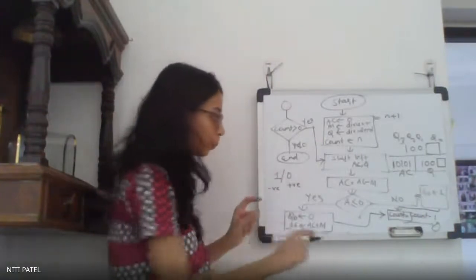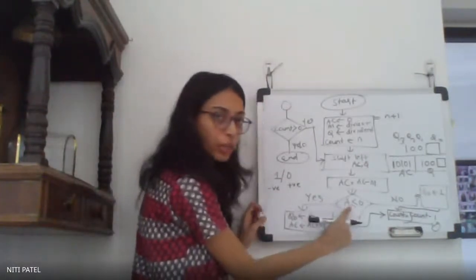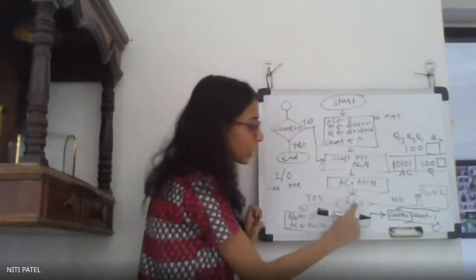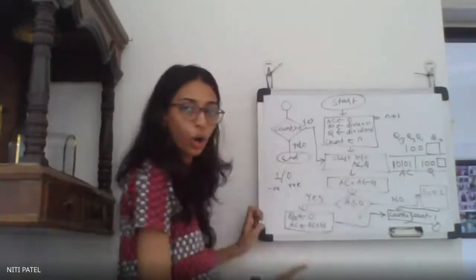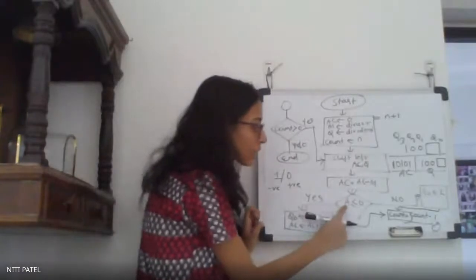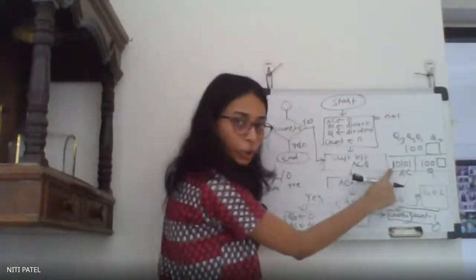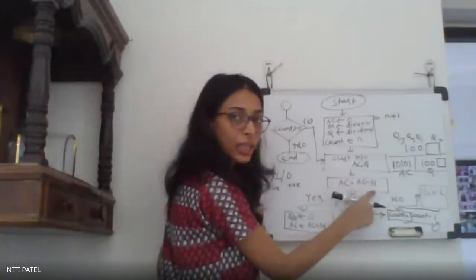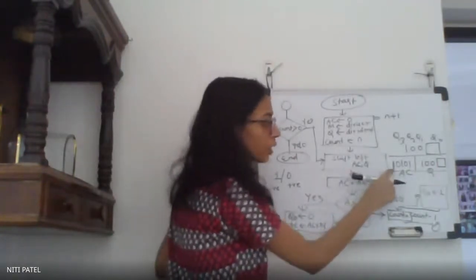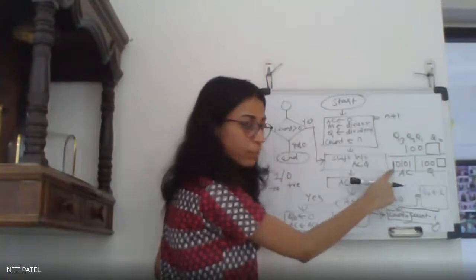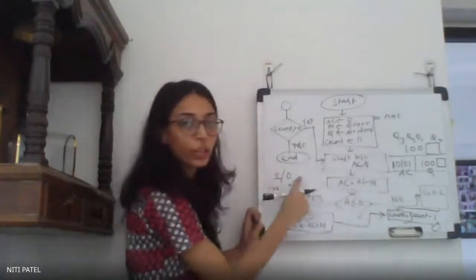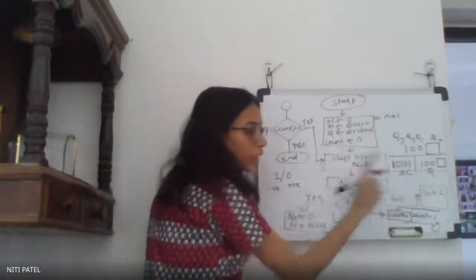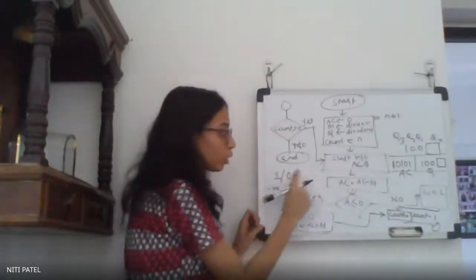I repeat again. When you come to this point of your algorithm, you have to check the contents of A, whether it is less than or equal to 0 or not. What is that A? A is nothing but the first digit of your accumulator that you have got after you perform AC = AC - M. Now this bit of your AC, that is the first bit, will either be 1 or 0.